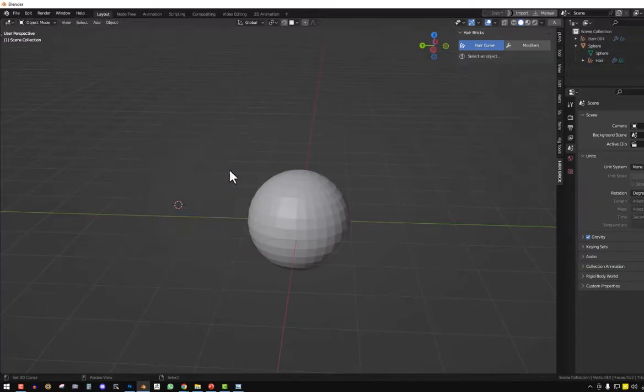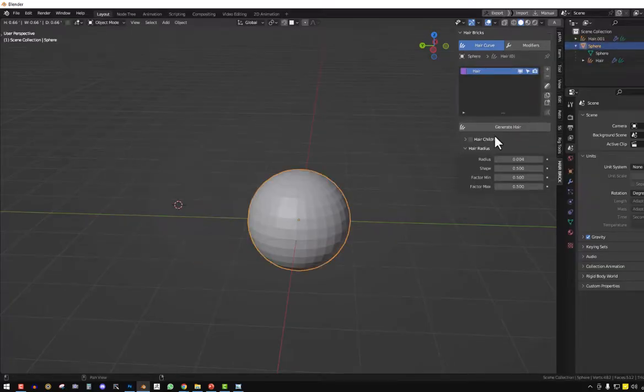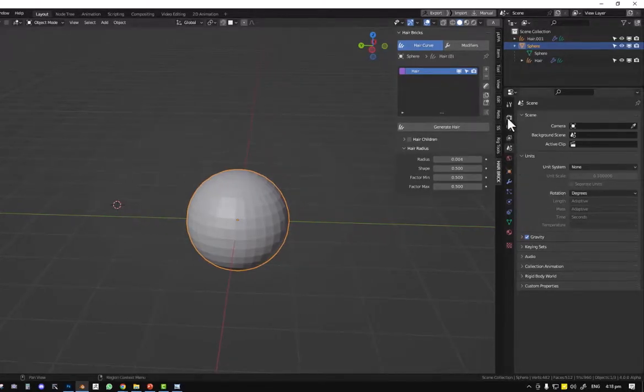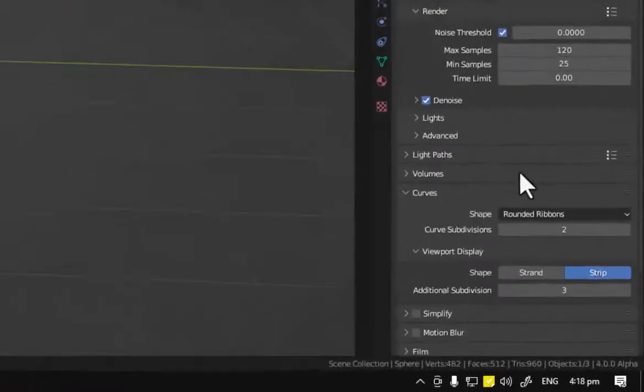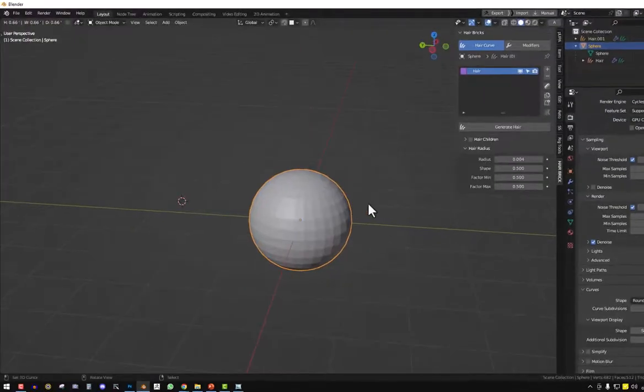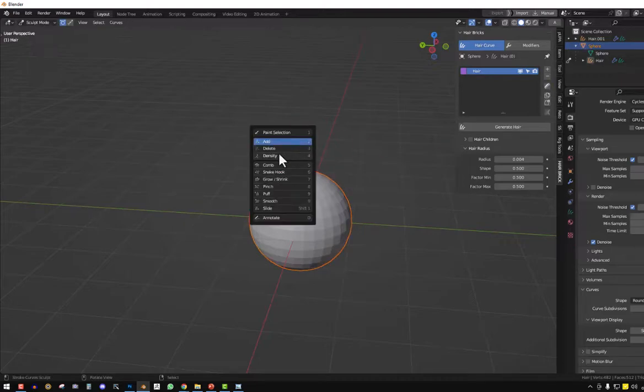When you add a new hair, a couple of things happen. We create a new material for you, and we also change the default render settings for you. So we increase the subdivision for the render and the viewport, so you automatically get a very nice beginning to your grooming process. So if we go ahead with the density brush,